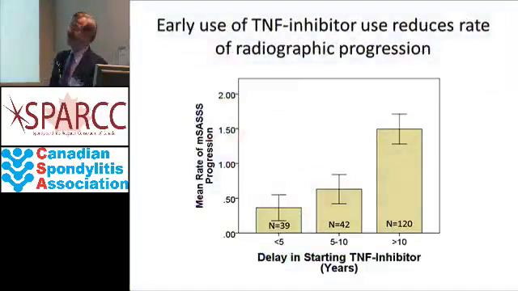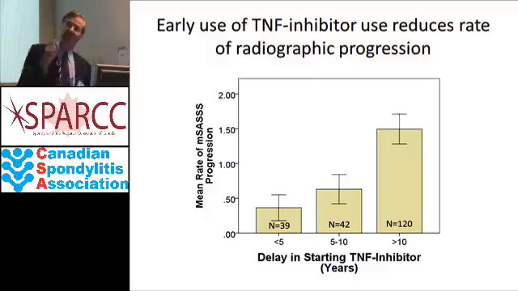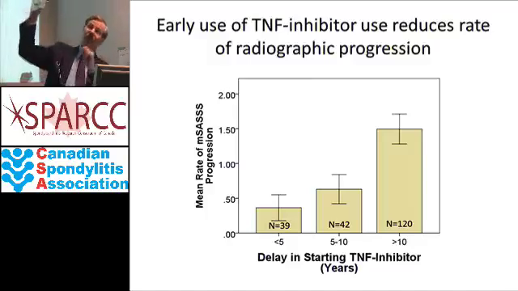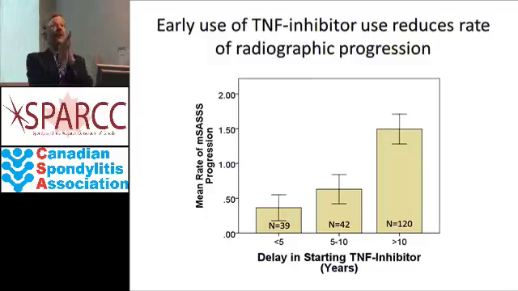So what Dr. Haroon published, and this is a very important slide, is that it was clearly observed that if patients had started on a biologic agent, it seemed to slow the progression, the rate of X-ray change in the spine. The metric used there is the degree to which new bone formation has occurred, which is essentially a bone spur, or what we call a syndesmophyte. So you can see here that if there was a delay of less than 5 years in starting the drug, so if the biologics were started relatively early in the course of the disease, there was a greater effect than if it was started later, that's all. So that's an important message.